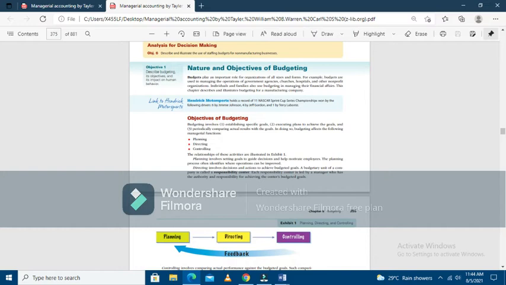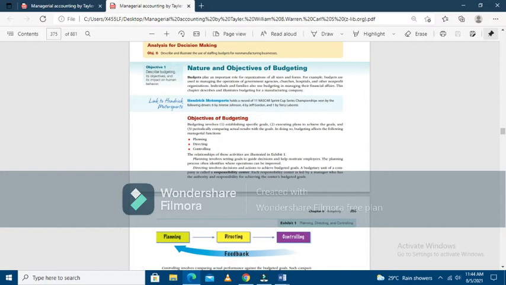So we establish our goals. So the goals will differ among companies. So the goals will vary among industries and among nature of businesses. So, kailangan i-establish natin specifically kung ano ang goals na yan. And then, we execute the plans to achieve the goals. What do we need to achieve these specific goals? And then after the execution, we look at the goals and the actual results by comparing.